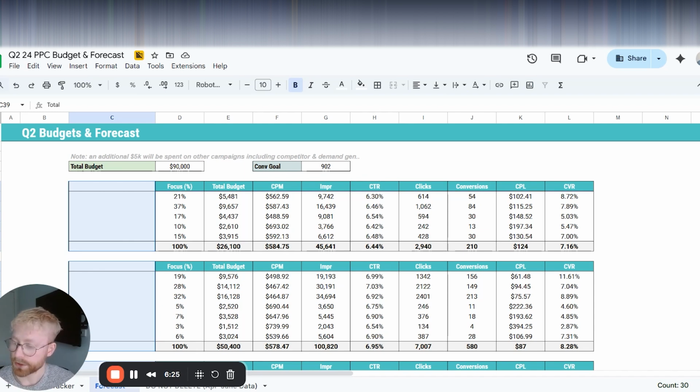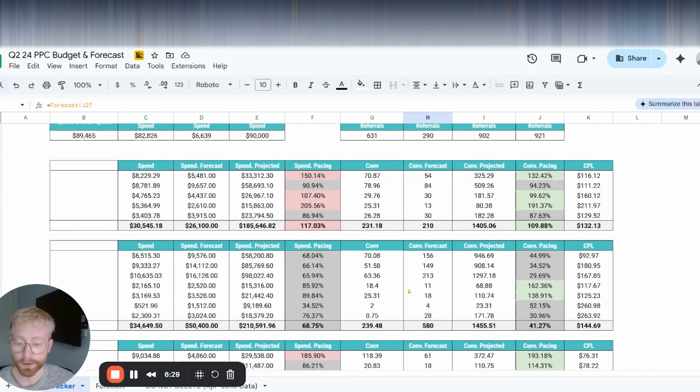Now, let me show you how we did in this quarter. And I want to focus on service 2. So service 2, we actually didn't hit our target. We hit 239 referrals or conversions out of the target of 580, which is a big, I guess it's a